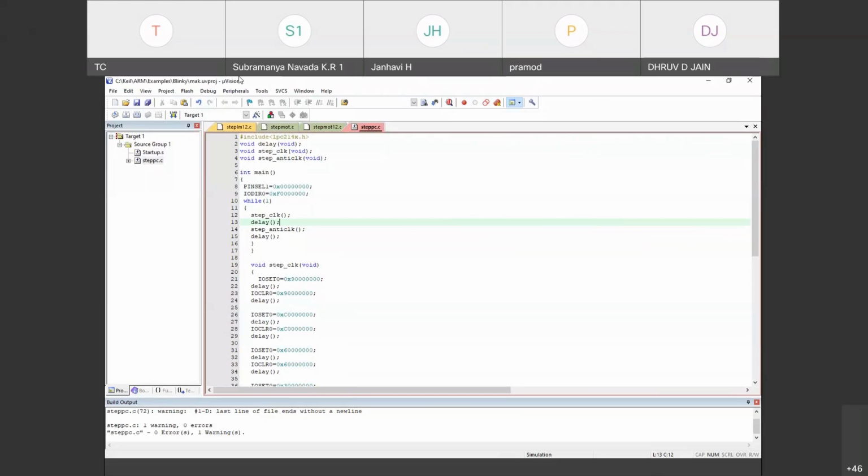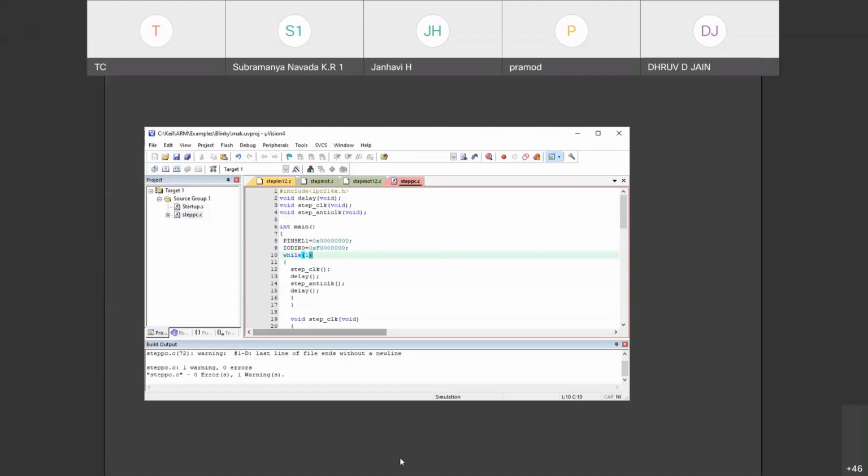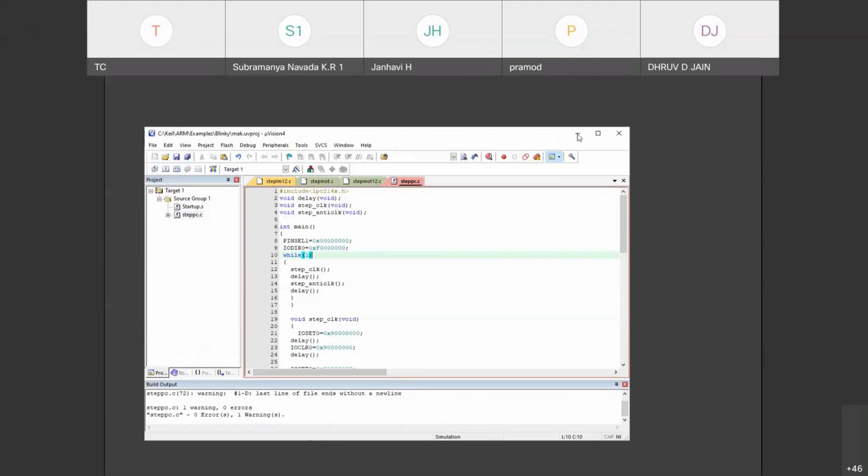Keep it like this, so that it becomes easy for me to run. Yeah. So what will you do? Usually you'll go for debug, right? I'll go to debug. So when you go to debug, it will get you there.